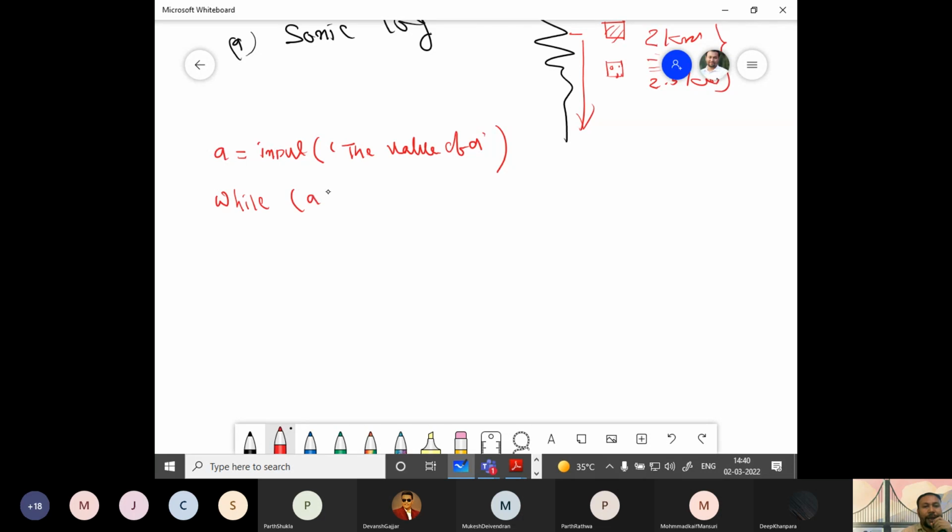While A is less than 20. Okay. Now print F. Now we want to print this A, right? F print F. The value of A. The value of A